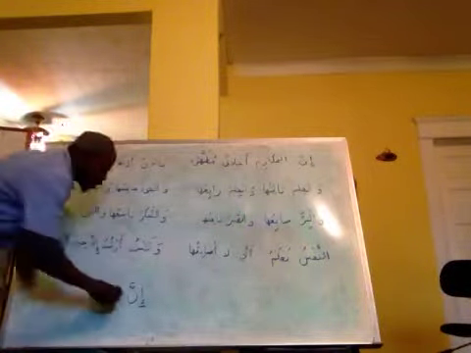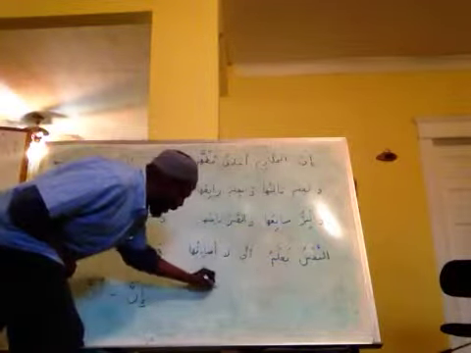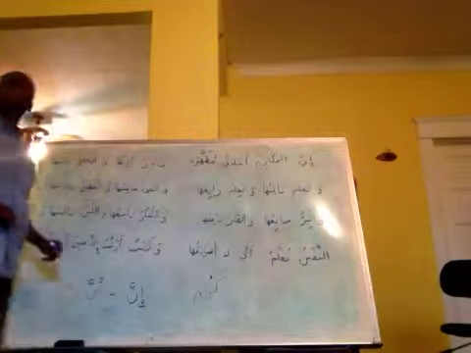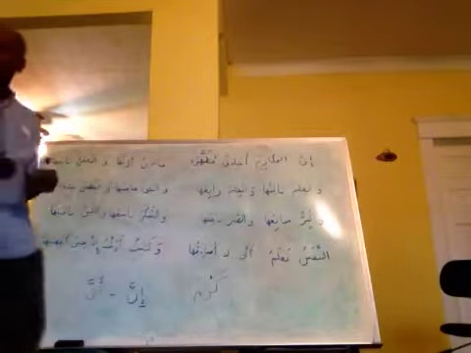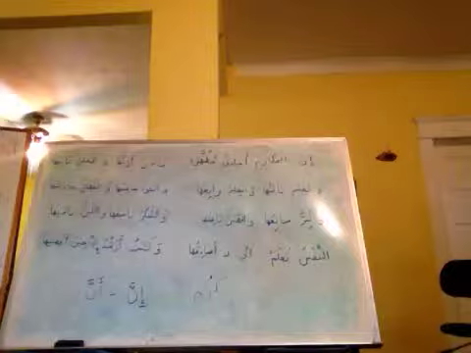You should see in this word the root letters. Kaf, ra, mim. From the verb karuma. We should have some idea what karuma is. We should know some words that have this word in it. Kareem. Anybody know any other words? Ikram. Any other words we know that have these roots in it? That's probably it.